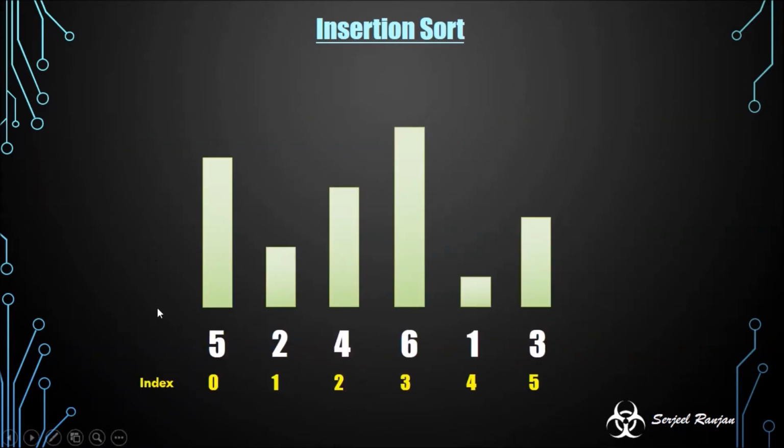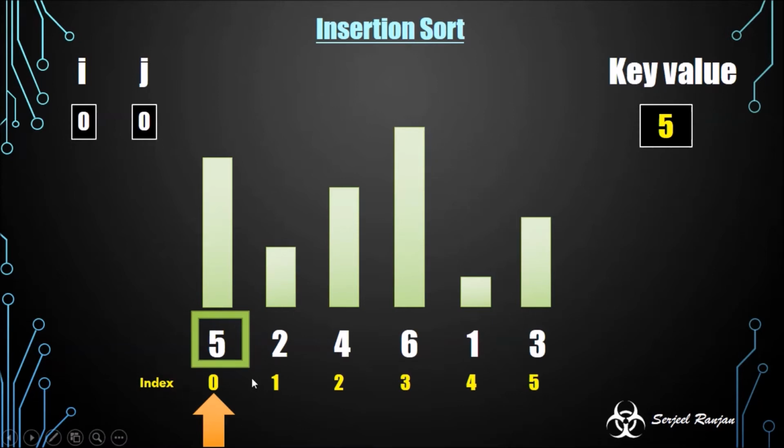Here I've taken an array which contains 5, 2, 4, 6, 1, 3, and I have also mentioned their index values. Also, I have shown these bars which correspond to the values. This will be helpful for our visualization. Now, apart from this array, I will also be maintaining two variables, i and j, for the purpose of which I will tell you. Here I have an arrow and a box. The i value represents where the arrow is currently pointing, and the j value is where our box is present. And the key value is the value pointed to by our arrow. These things will be helpful for us to design the logic of our program.